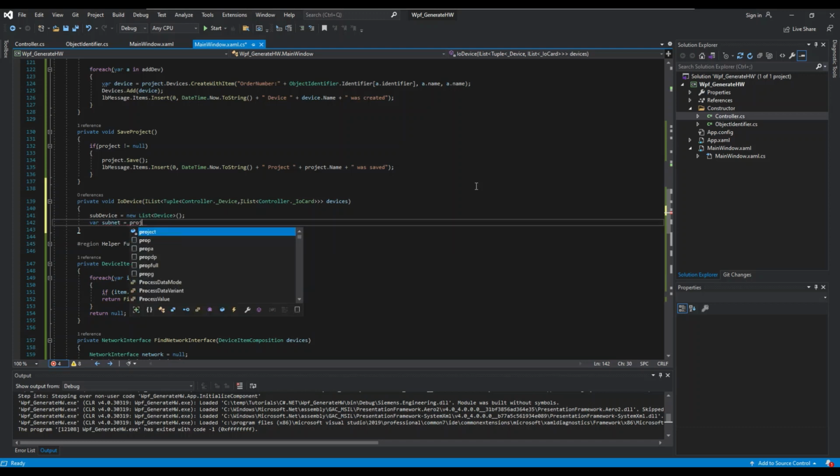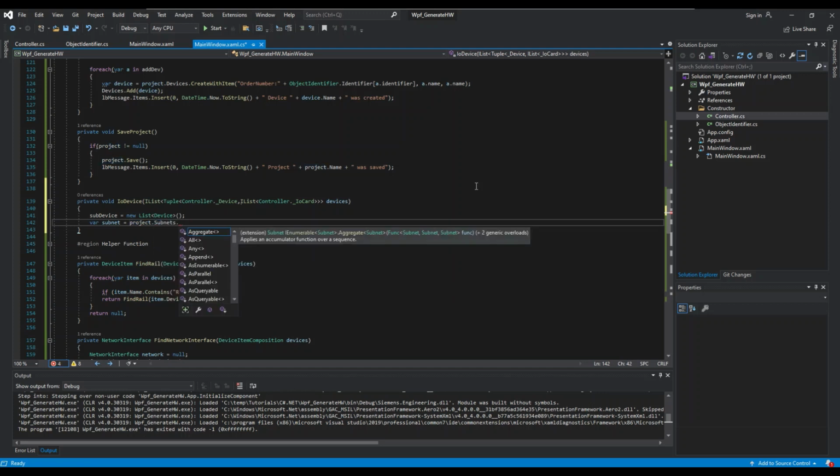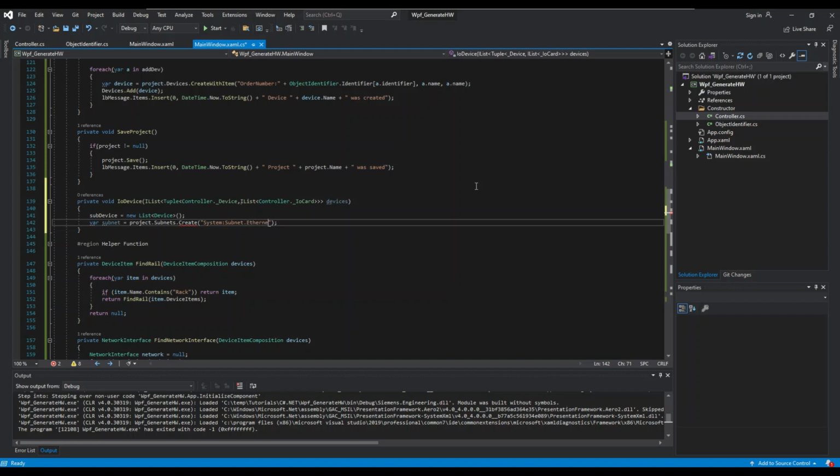So we're gonna have the project subnets create, and here we're actually gonna create our subnet. So it's gonna be system subnet, and it's gonna be Ethernet, and the name of the subnet is gonna be global network. Okay,